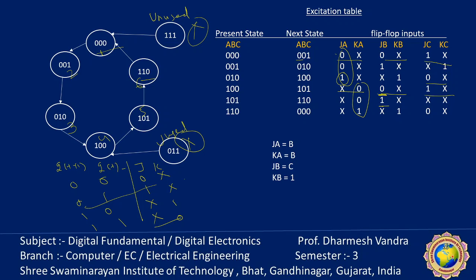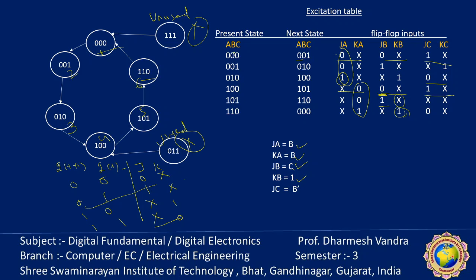KB is equal to XX1 XX1. So with don't care and 1, everything is 1, so we can directly say that KB is always 1. Now JC is 1x0, so 0, yes, this one is 0 and first is 1, then x0,